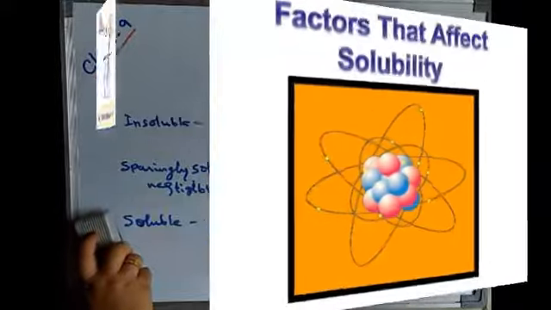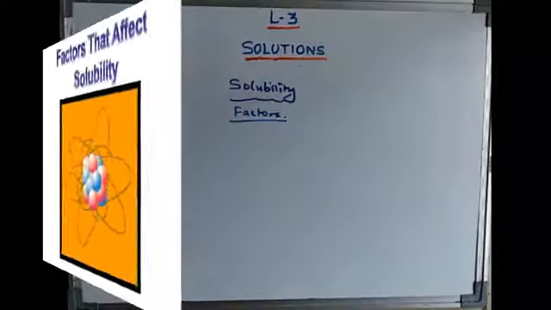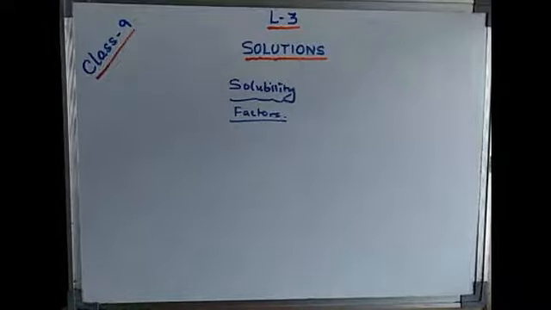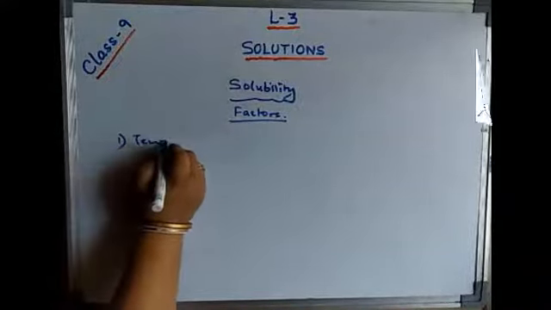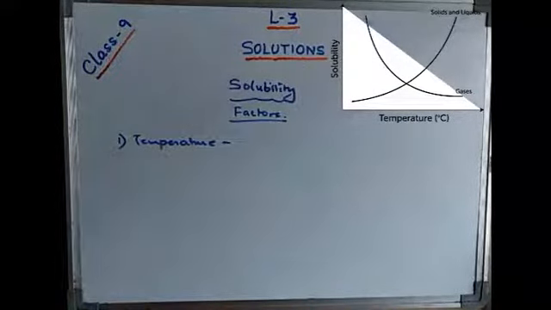Now let us see the factors affecting solubility. What are the various factors on which the solubility depends? Students, the first factor that always comes to our mind is temperature, because we have seen that if we slightly increase or decrease the temperature, it affects the solubility. Now how does it affect solubility? The solubility of a gas in a liquid always decreases with a rise in temperature. Please remember this is about a gas in a liquid.